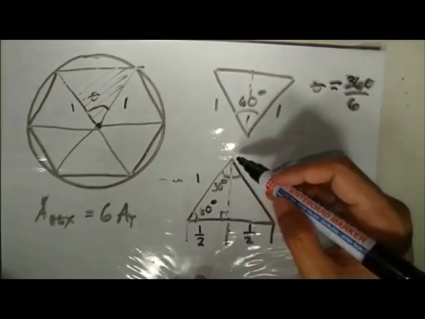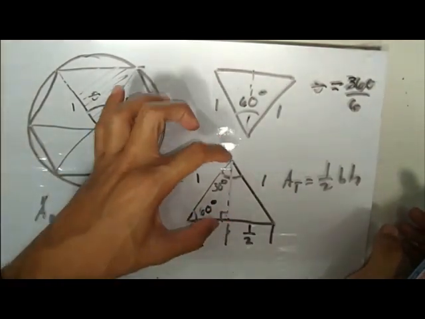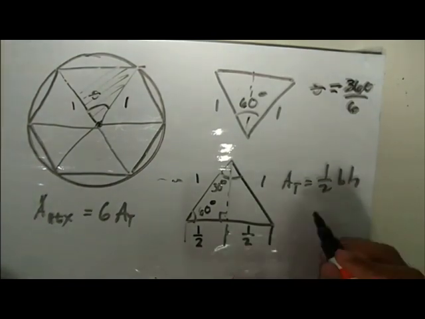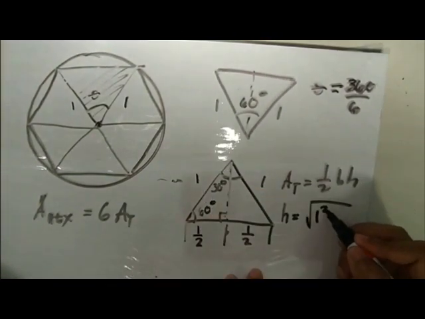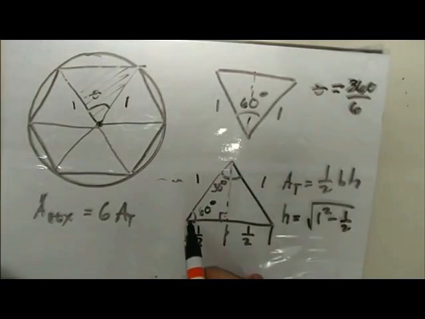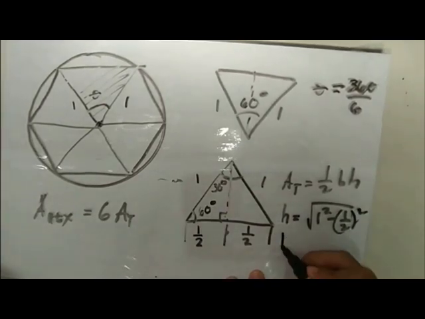So, huwag na tayong gumamit ng Heron, para mas madali. So, the height is equal to square root of 1 squared minus 1/2 squared. So, h equals,